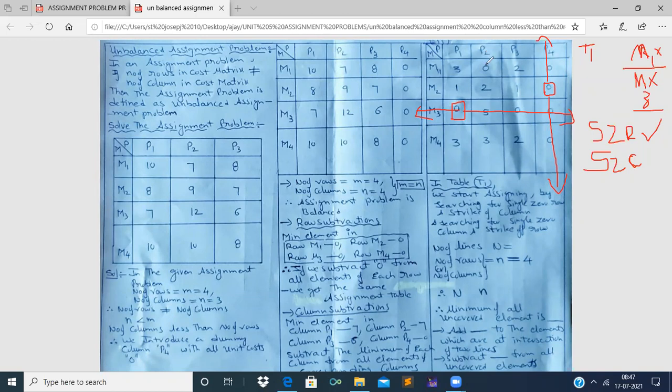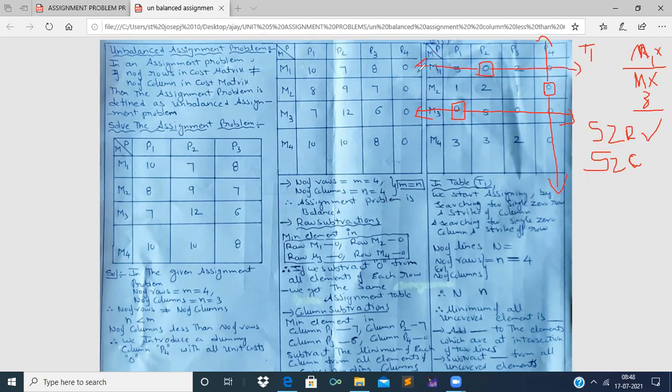Now let us proceed for the second column, single zero search. In the second column, the elements are 0, 2, and 3. 5 was there, but it is underlined now, and therefore we should not count this 5. So the leftover elements are 0, 2, 3, and hence it is a single zero column. Therefore we have to give assignment to this single zero. Assignment in the sense, we have to put this zero in a box, and we have to strike off the first row, as the assignment is given in the first row.